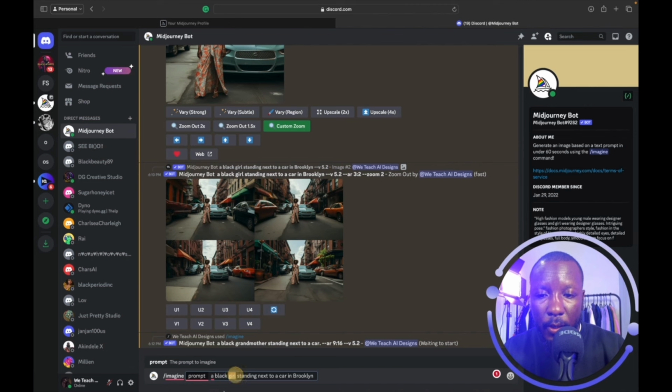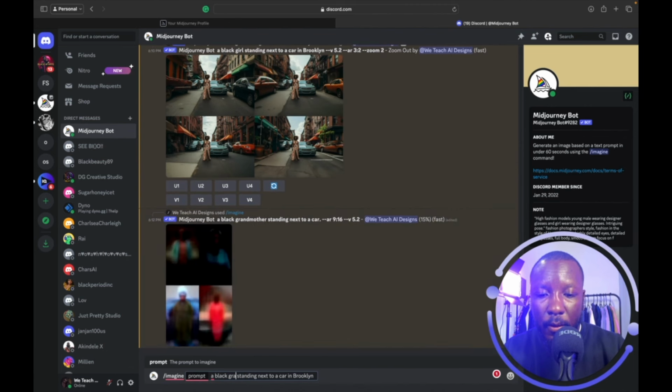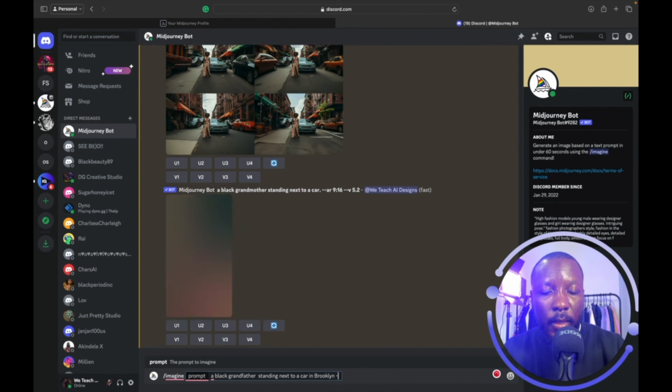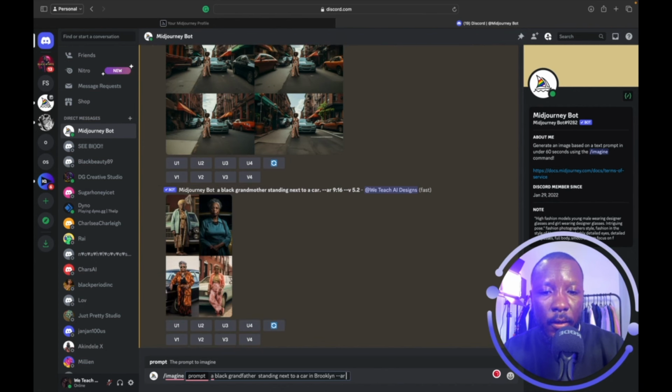Black grandfather. And the reason why I say he's standing by a car is because it just adds an extra element to it. I love it. Standing next to a car in Brooklyn. And let's do dash AR space 2 semicolon